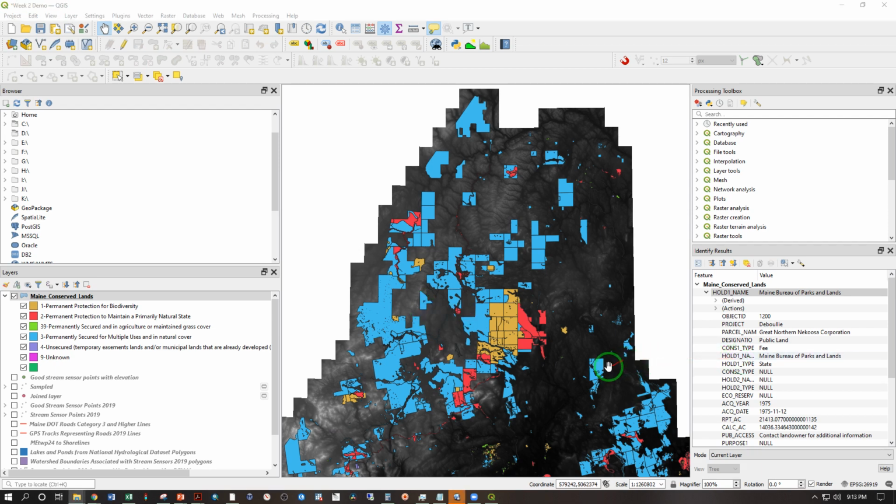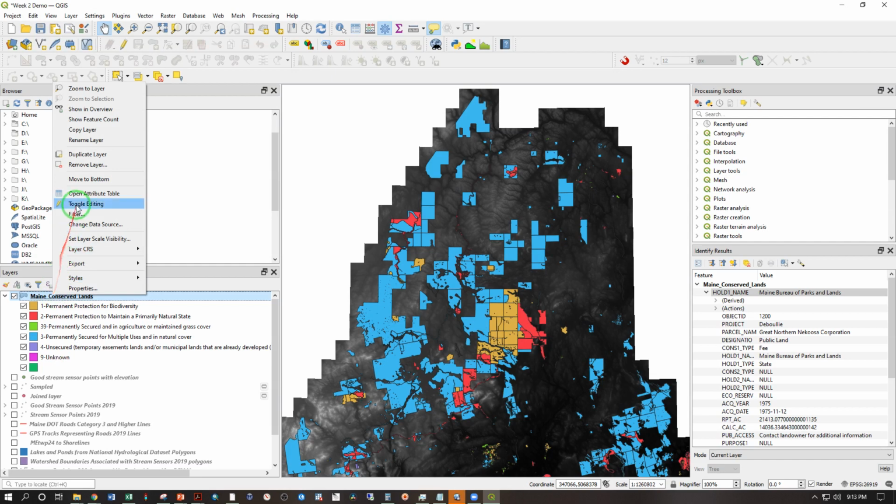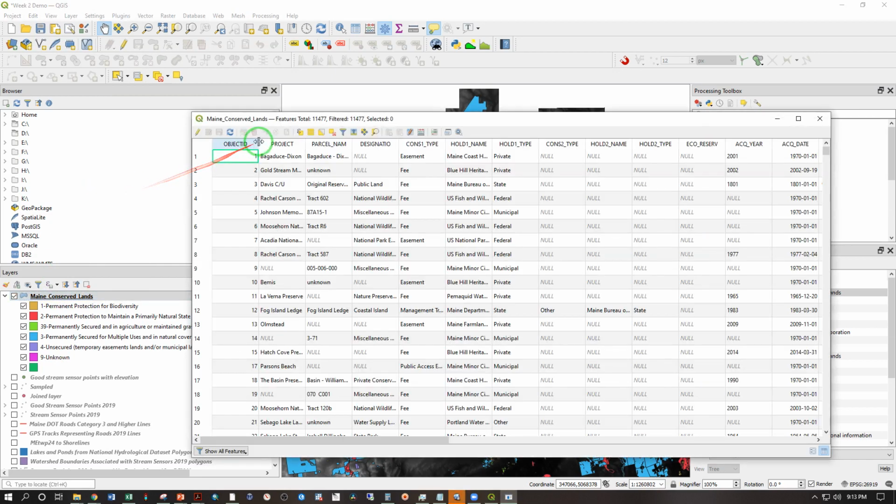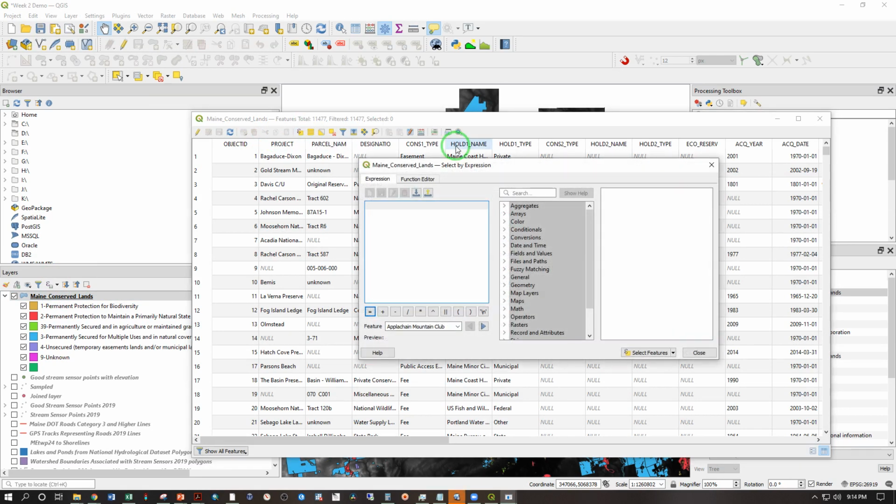So I want to select those features, those polygons, that belong to the Maine Bureau of Parks and Lands. Right-click, Open Attribute Table, and we are going to select features using an expression. We're going to say where hold one name